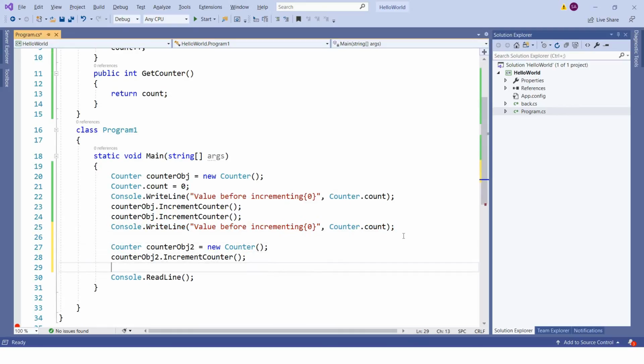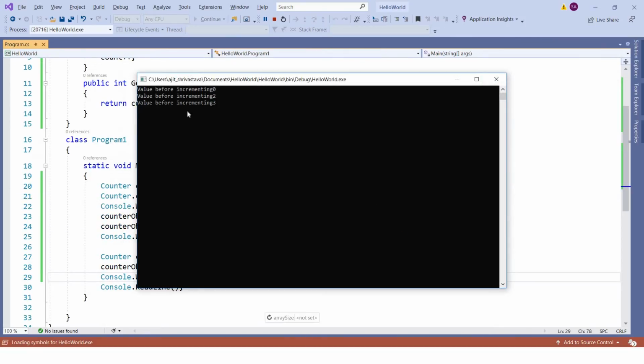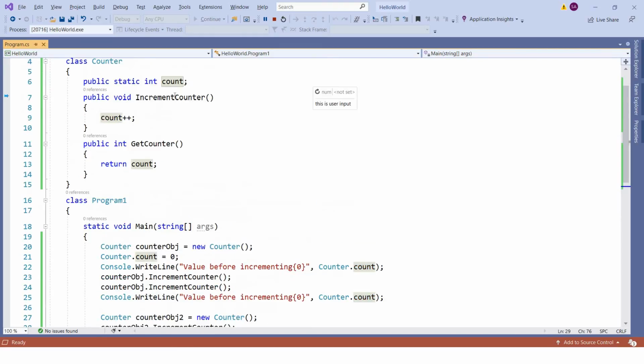Let's run it. You can see the value is incrementing to 3. Why is it so? We are using a different object, but still it is Counter.count, so this object is incrementing the same value.